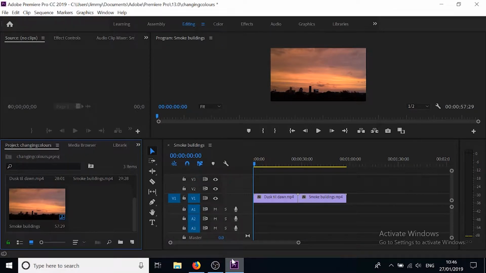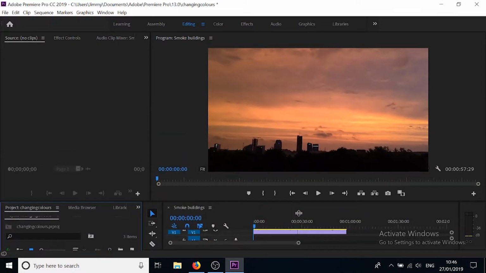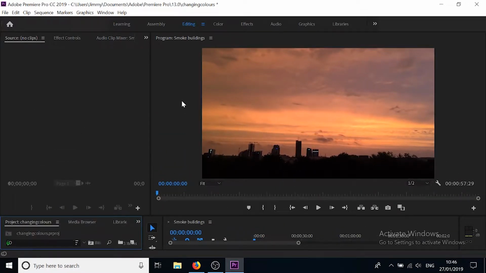In this video I'm going to show you how to change the colour of a specific part of a frame. And what I'm going to use is this clip here, and this clip is just a skyline with a dawn sunrise, and what we're going to do is change this very bright part of the sunrise. We're going to select this part of the sky and this part only and change the color of it using